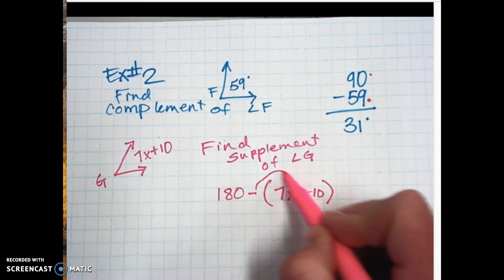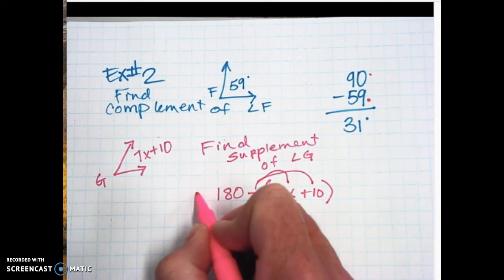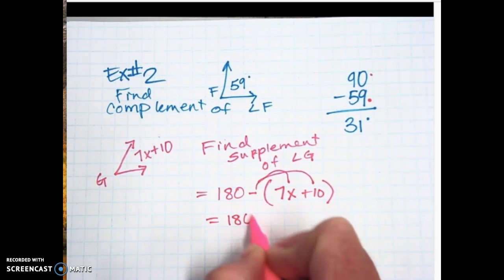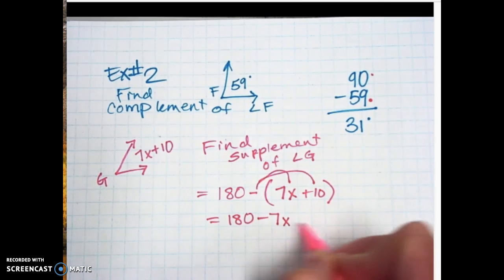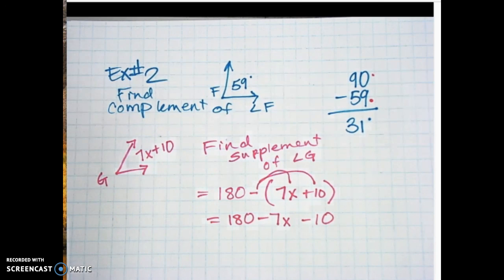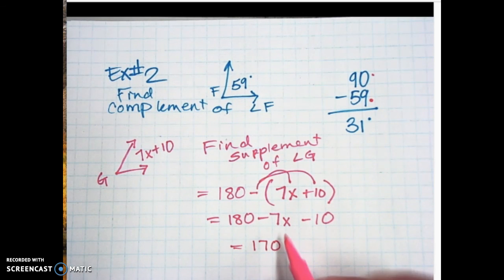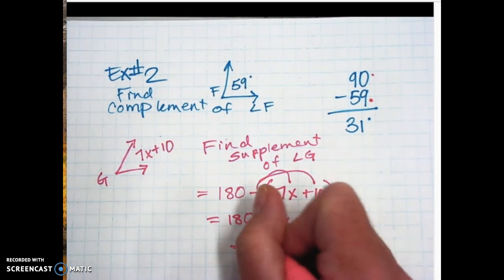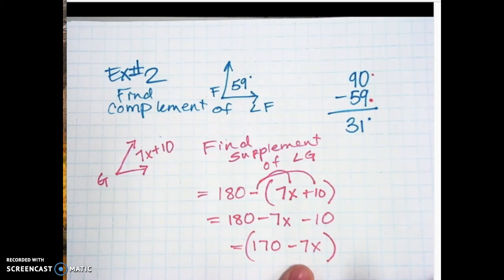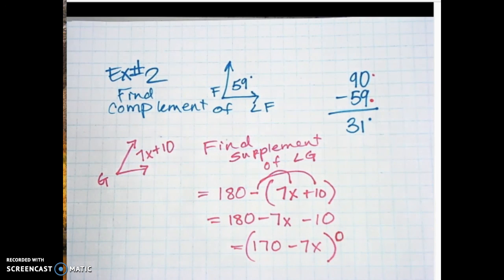And then we've got to distribute that negative here and here. So we're going to have 180 minus 7x minus 10. Then algebraically, we need to combine our like terms, right? 180 minus 10 is 170 minus the 7x. Can I combine these two? Nope. So this is the answer. And because it's an angle, I have to put that little degree symbol right there. Don't forget the degree. Okay? So those are a little bit tricky. I just wanted